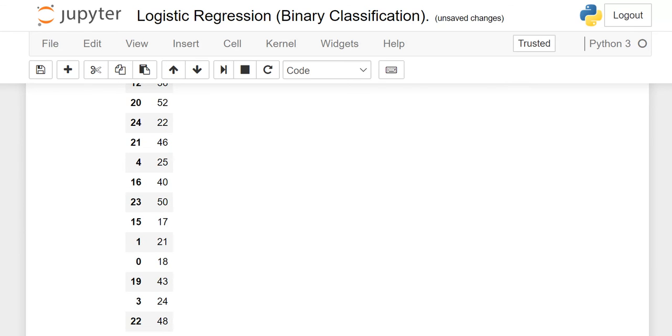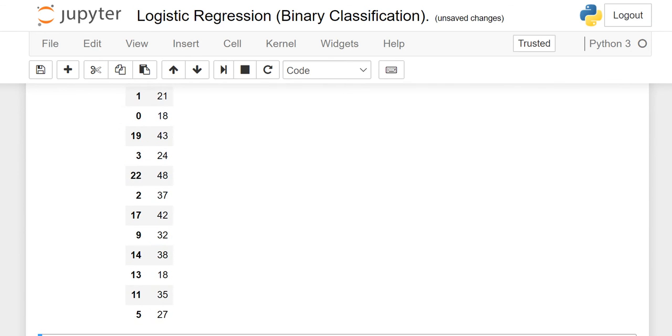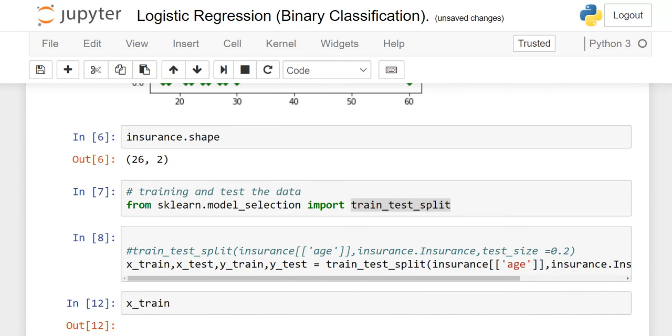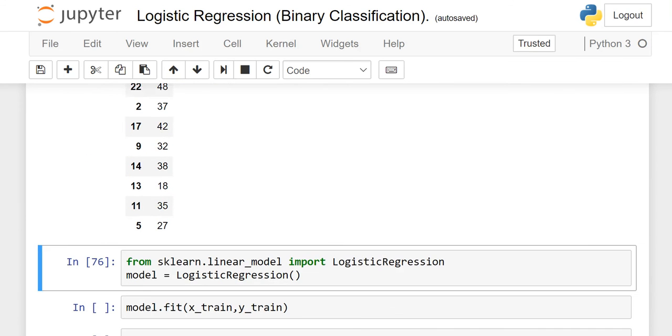So train is 80%, test is 20%. It's not necessary that you keep this ratio; 30%, 70% is up to you. Now here, when we made our split,